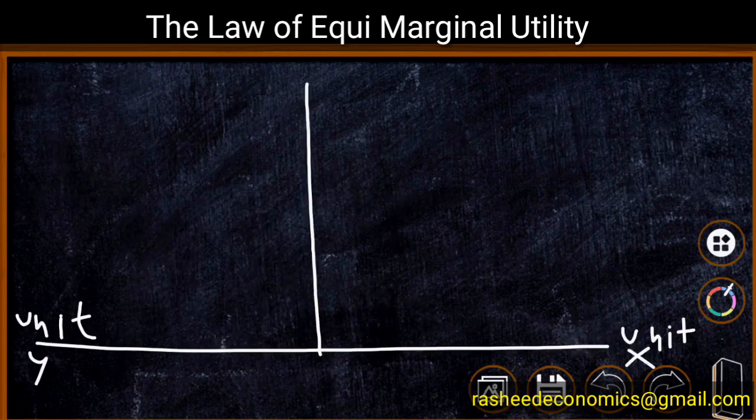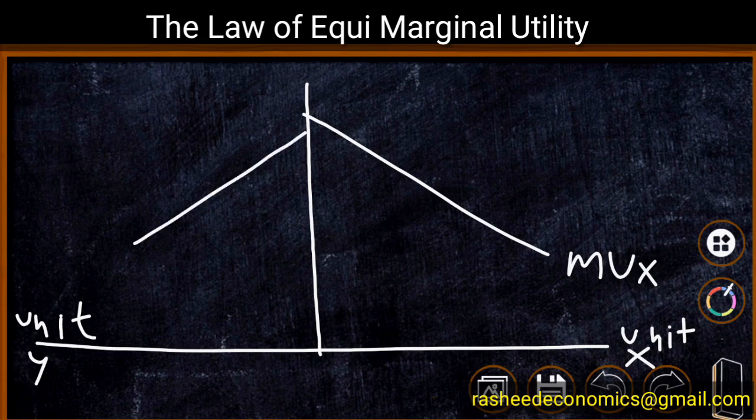The same diagram can be drawn using another method. Here a middle line is drawn as the y-axis. To the right side of the y-axis we have units of X, and to the left of the y-axis we have units of Y. This is not the negative side; the left side is simply a mirror image. Now we have the marginal utility of X downward sloping curve. Similarly, the marginal utility of Y is also downward sloping, and to identify an equilibrium point we draw a marginal utility of money line. Thus we have identified equilibrium.